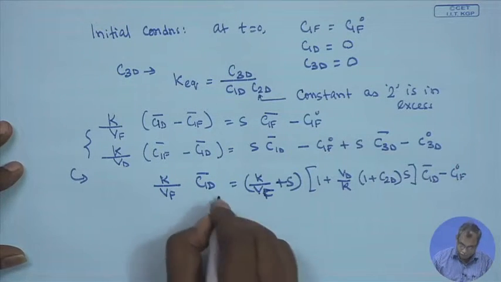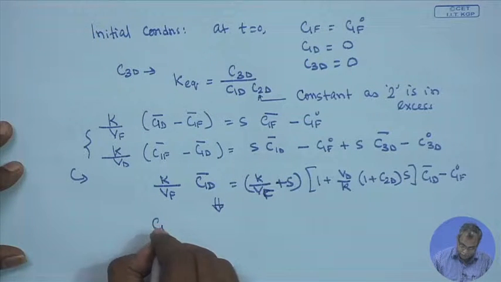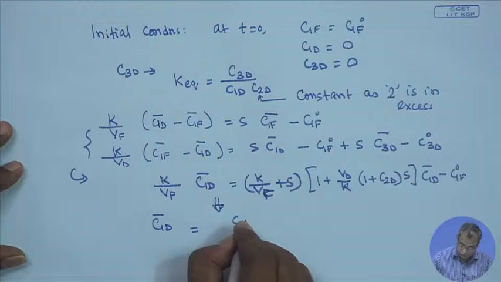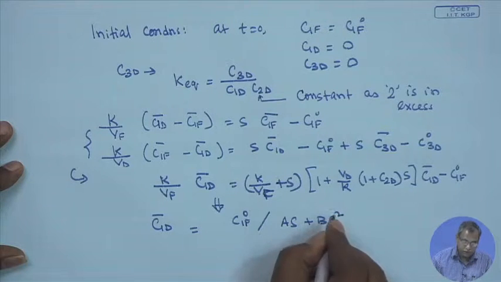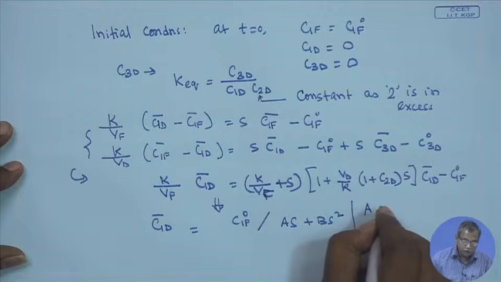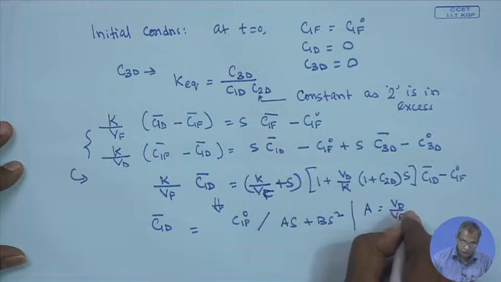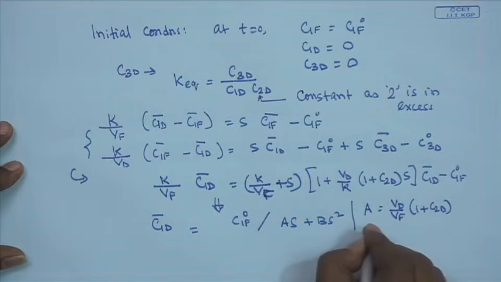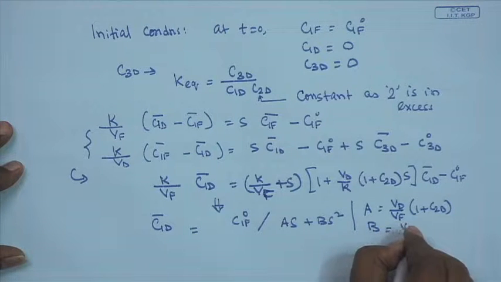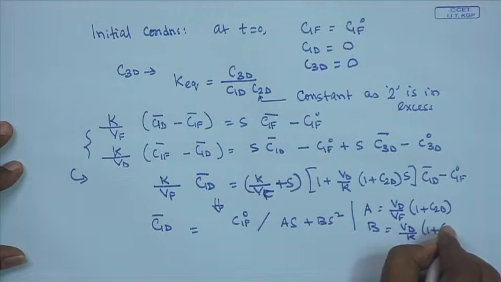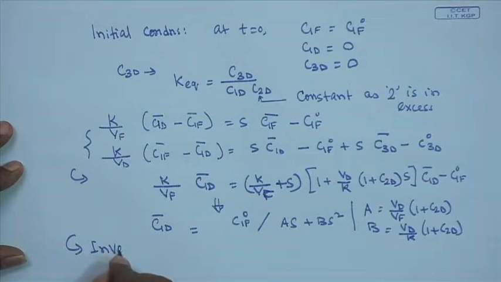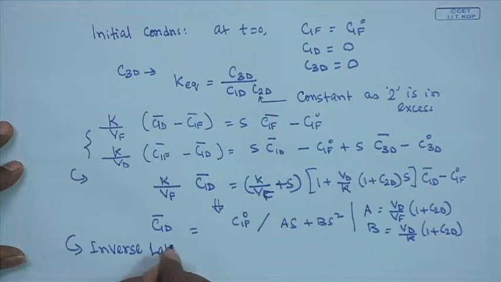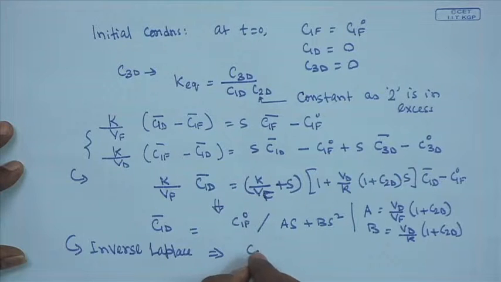By simplifying, we can get the expression of C1d bar equal to C1f 0 divided by As plus Bs square, where A is equal to Vd by Vf times 1 plus C2d, and B is equal to Vd by K times 1 plus C2d, and we can take an inverse Laplace